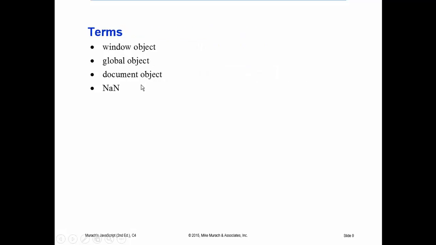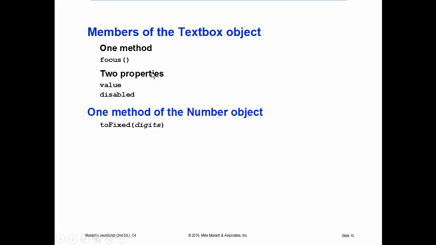Okay. We just finished talking about these. All right, a couple members of the text box object. First one there is focus, and you notice the parens afterwards, which means that's a method, or a routine that gets called with a text box object. If you say the name of a text box dot focus, what that means is, imagine that you've